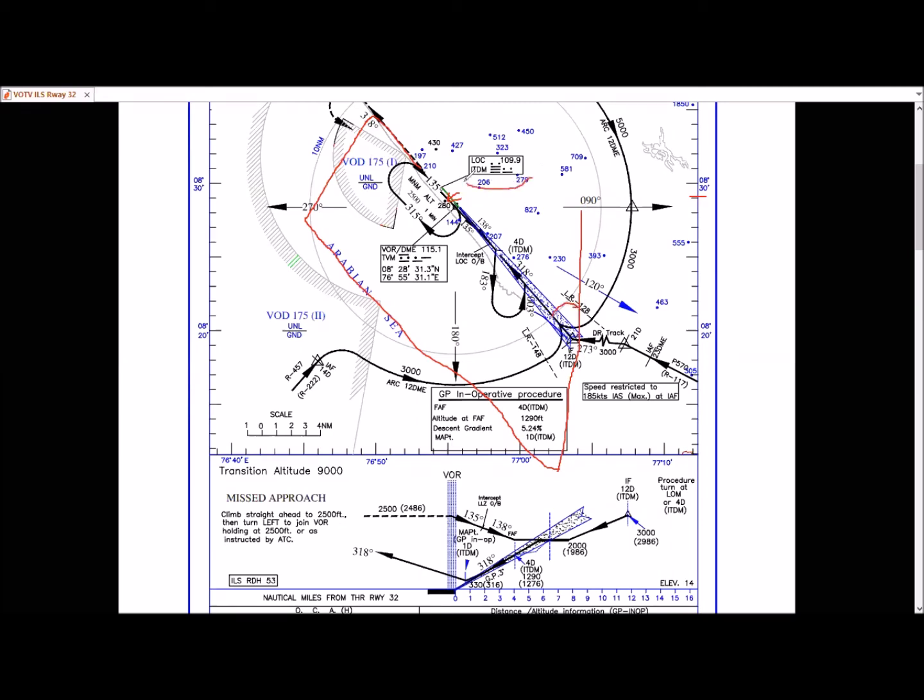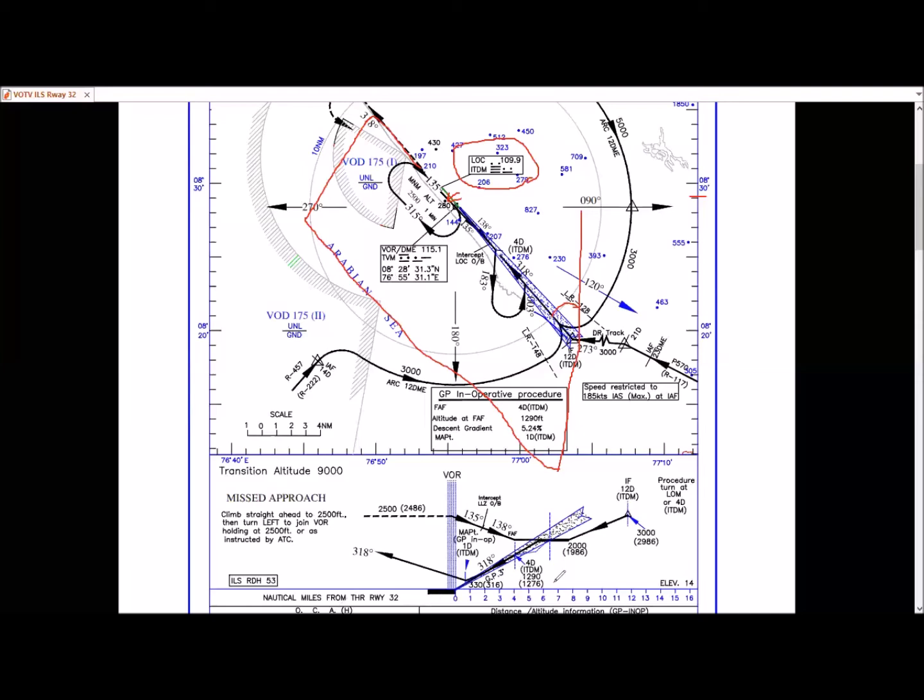This is the radio frequency for the instrument landing system. So we will note down 109.9 megahertz in a notepad. We'll have to put that into the plane's radio stack. So many other things are here. We will ignore all that for the time being. It will need a full session to really cover everything that is depicted in this chart.